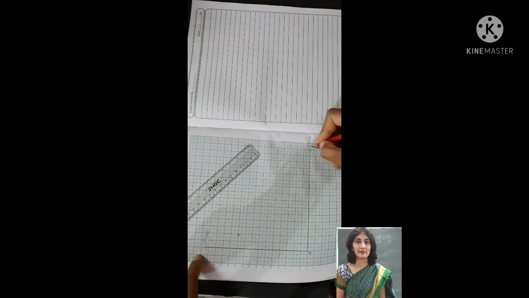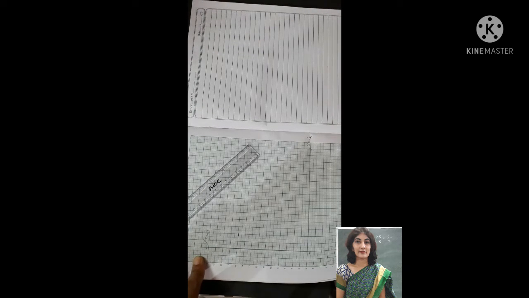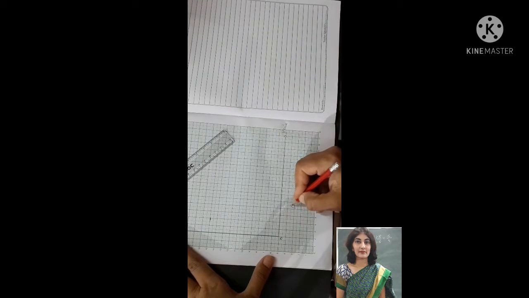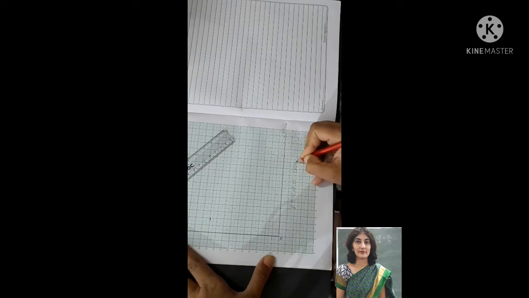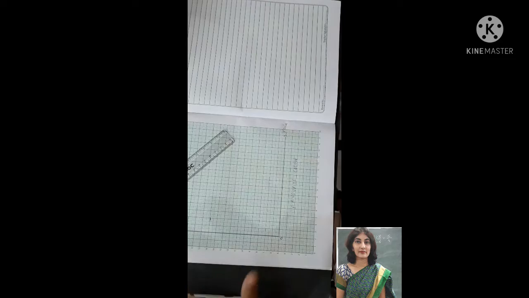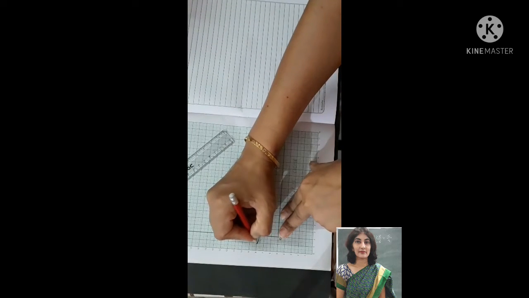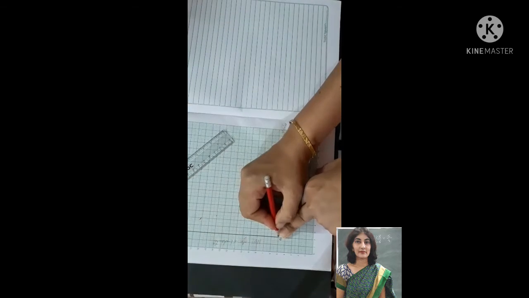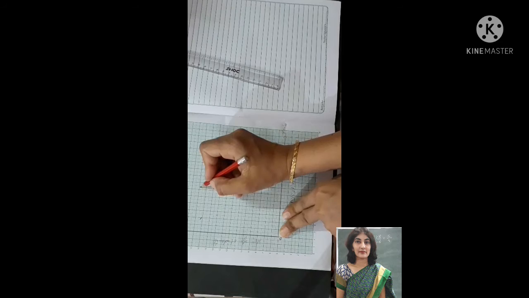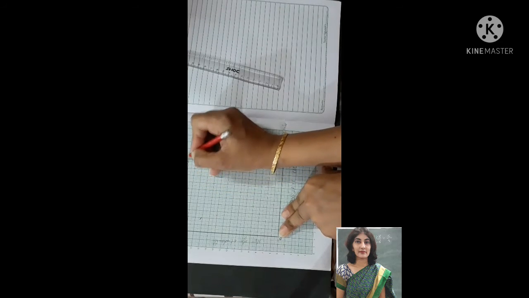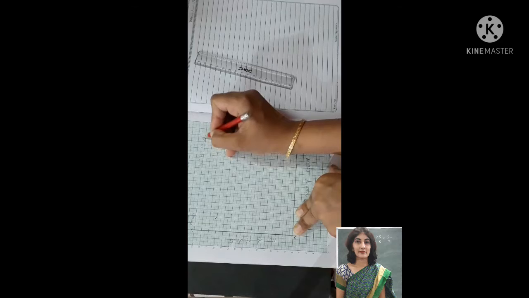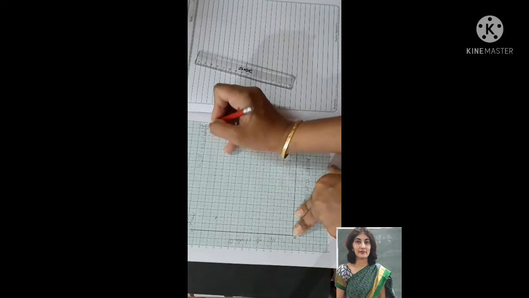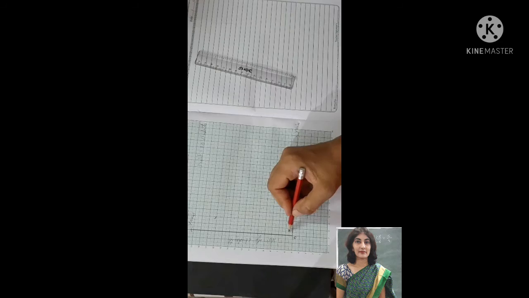Now what you have to take on x-axis and what you have to take on the y-axis. On x-axis I will take the colors. So I will write here favorite color. And on the y-axis I will take number of students. So I will write here number of students. Now this is 0. Now the scale which we have chosen, we have to write here 1 unit equals to 10 students. 1 unit equal to 10 students means this one box is representing 10 students.